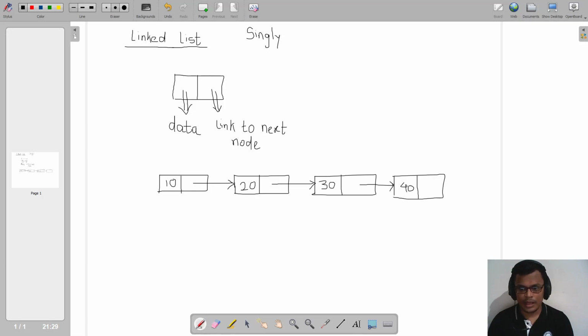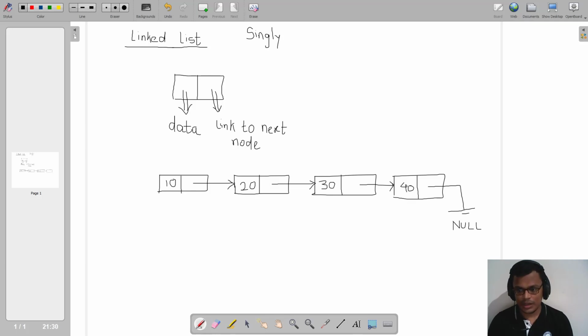Now this linked list has to start from somewhere and it has to end somewhere. So we need some property which will help us define the first node, or the starting node, of our linked list, and also some property which will help us define the last node, or the ending node. The node whose next field is pointing to null, such a node is called the last node.